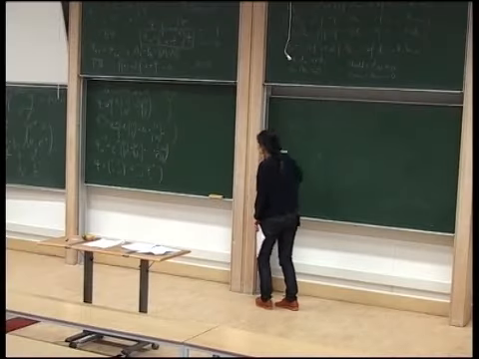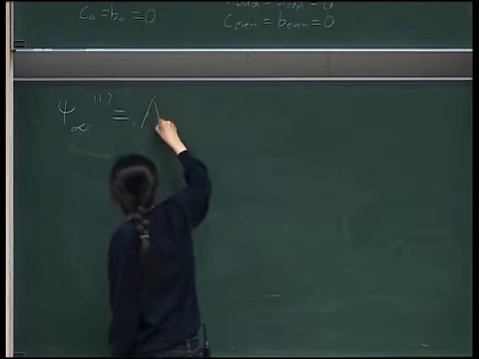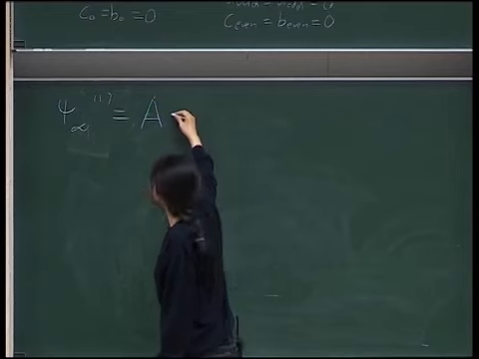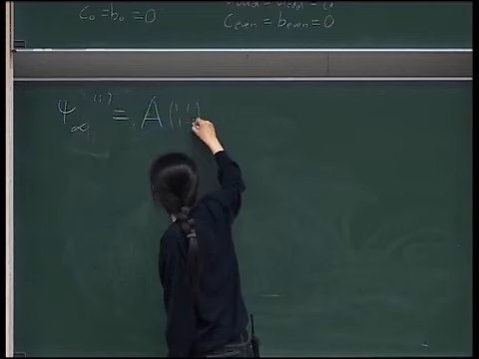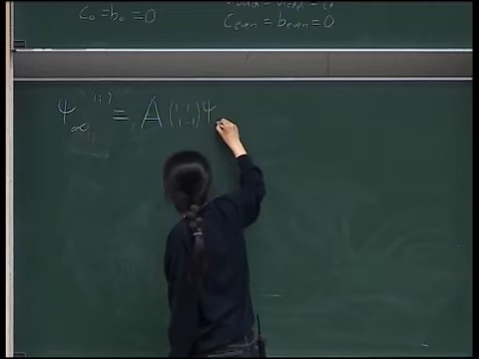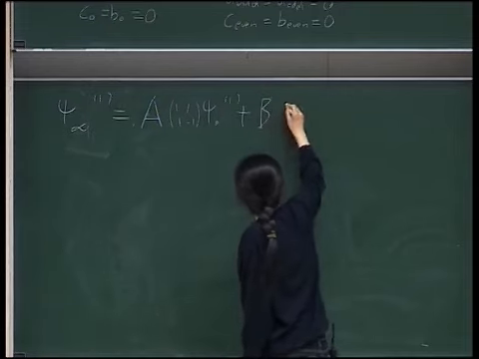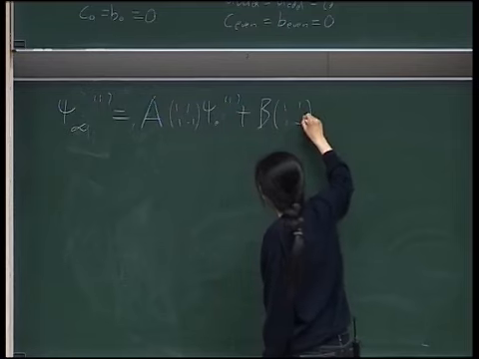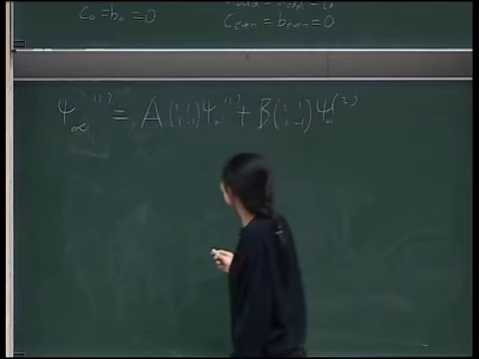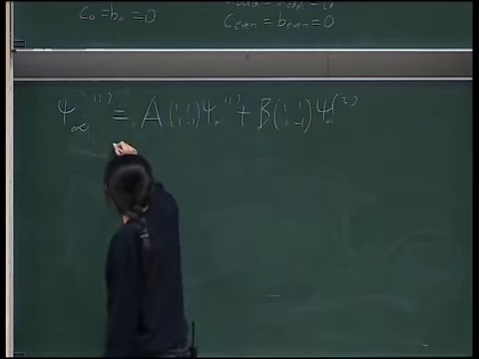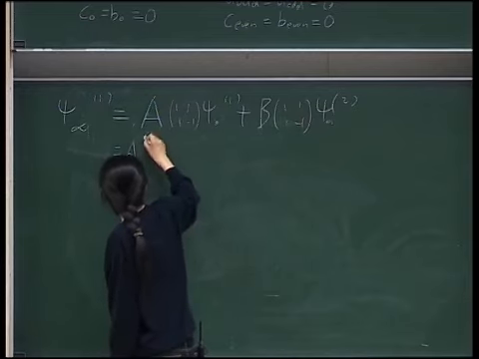So if we say that phi 1 is equal to a linear combination of, which, if I write it out, it would be